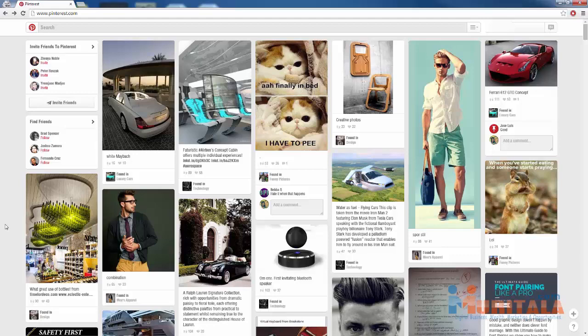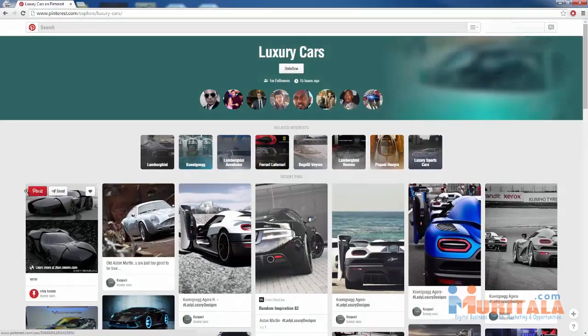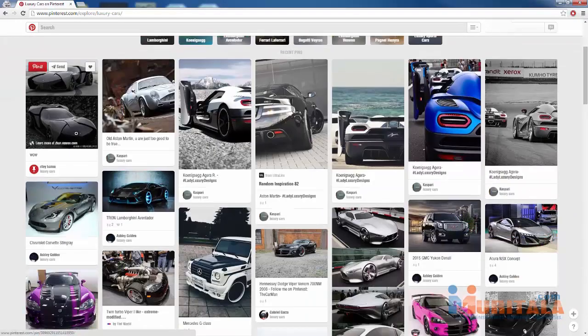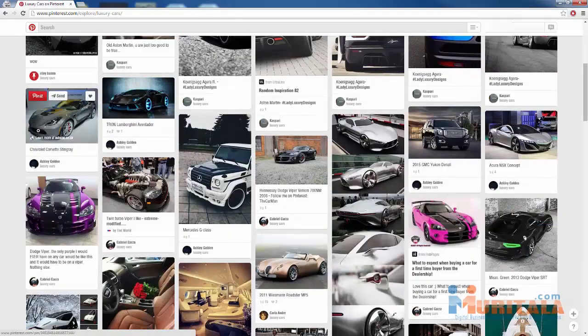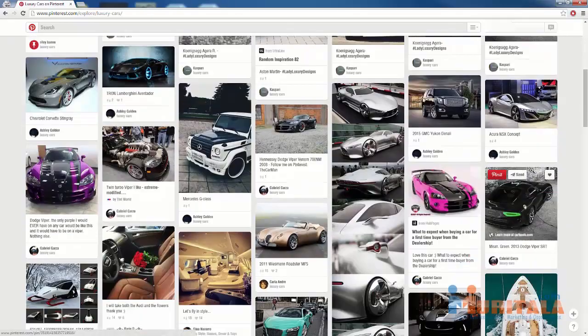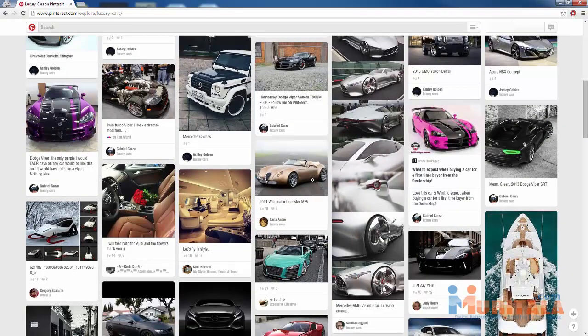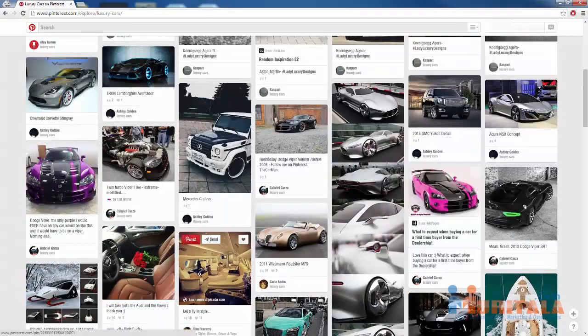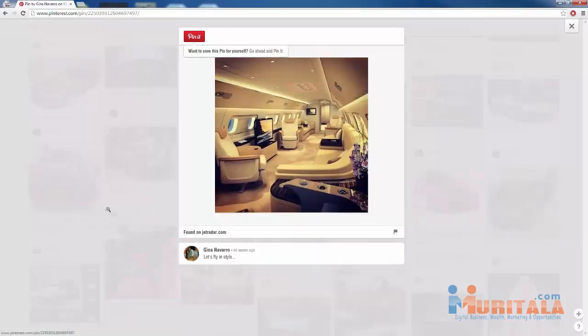So real quick, to show you what the boards look like, I'm going to hop in here to Luxury Cars, and this is what an individual board looks like. This is the Luxury Cars board. We can see that they have 1 million followers, and we scroll down here and we can see all the different posts that the Luxury Cars board is making, which is all just images of these different cars. Now the great thing is when I click on an image here, it's going to pop up like this. I can repin it to my board if I wanted to, and when I click on the image again, it's going to redirect me to the website where that image came from.